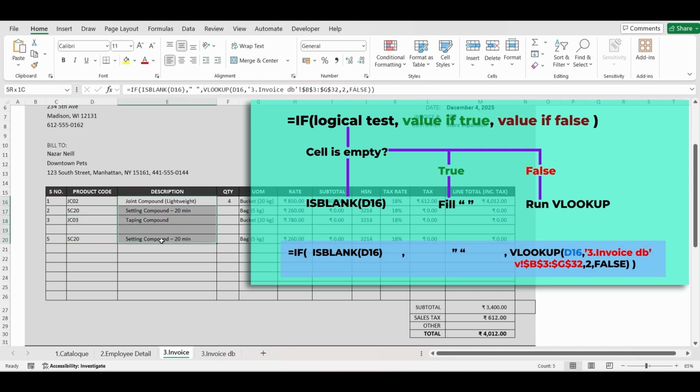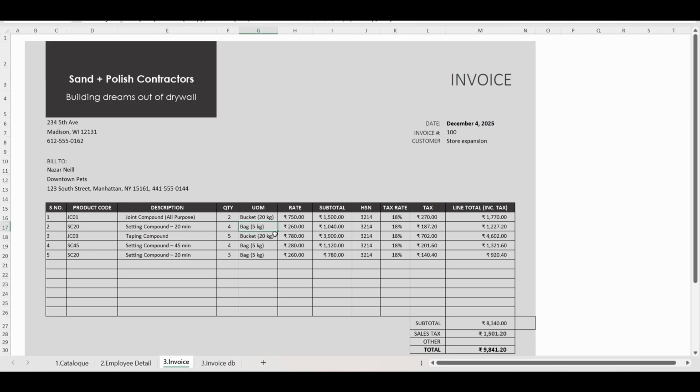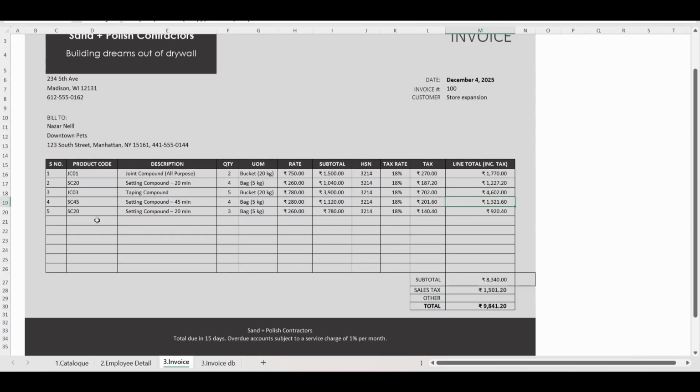The same way I've applied this IF ISBLANK and VLOOKUP formula combination, the same will be applied over all the other columns, so that they get populated only when there is a value in the product code column. So let me quickly update all the formulas and we will get back to you. So I have updated all the formulas. Now you can simply select any value and it will fetch the details. The moment you enter the quantity, it will give subtotal, tax rate, tax value, and update the total and combined total also. So if I press enter, you see all the values get automatically updated.